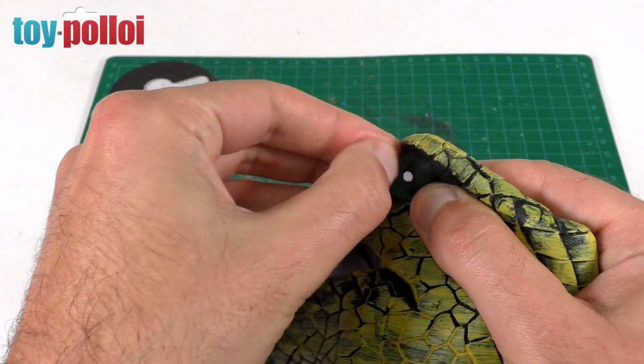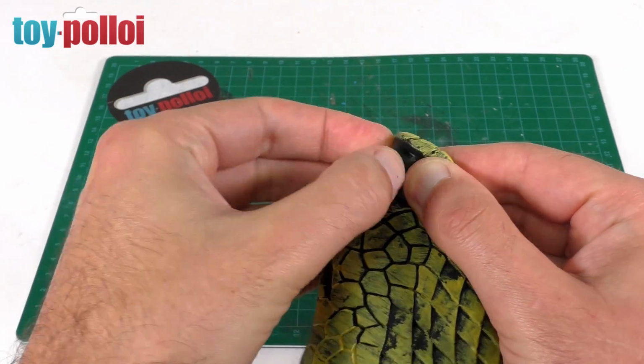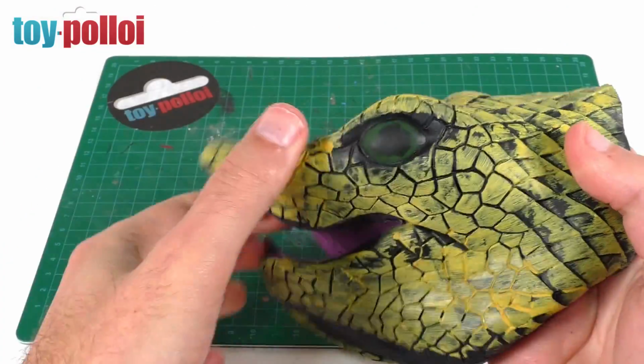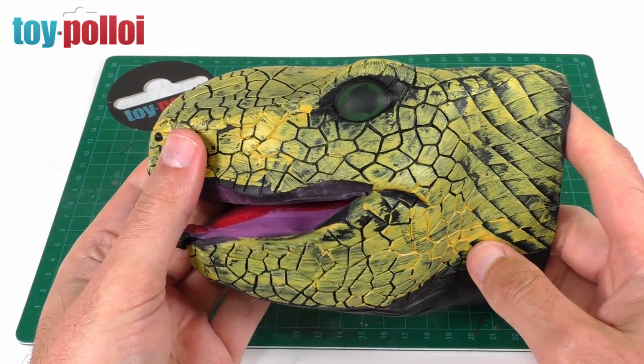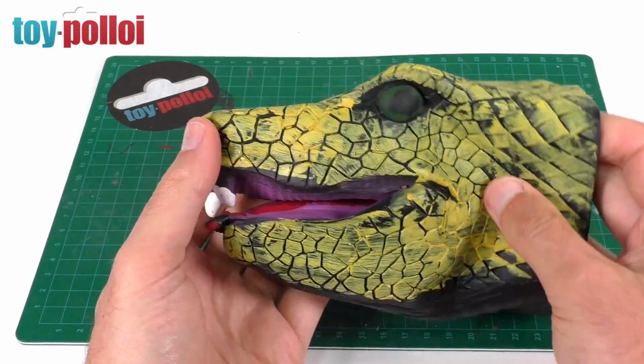Actually, you can just pick the original paint off. It comes off quite easily if you just sort of scratch it with a nail. So I'm going to remove some of the bits of paint like that so that I can just start afresh, and try and paint this to look a little bit more in keeping with how the original one was painted. Obviously this doesn't look much like the original one, but I think by the time it's